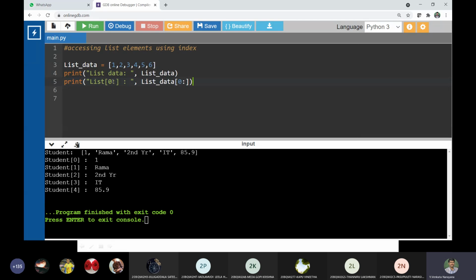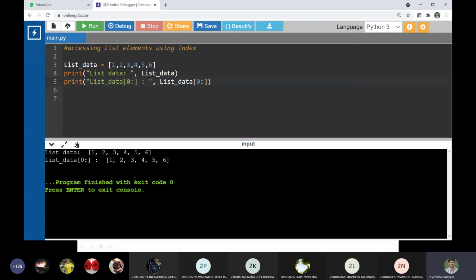Let us check whether it is working or not. See here, in this case I did not specify the ending index, though I have got the result. Because by default the ending value is the length of the list minus 1.